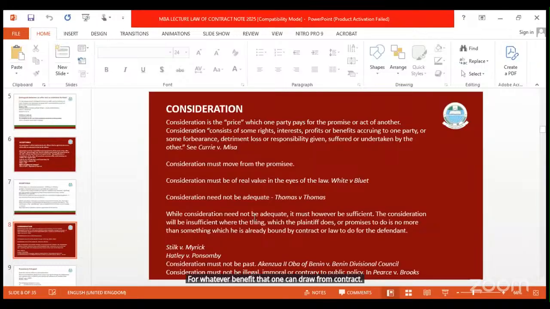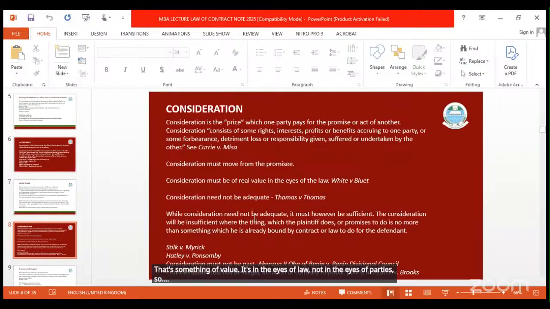There was also a particular case whereby there was a contract for reward of someone that could identify the killers of a particular prominent person. So one woman knew the killers and reported, not to get the money, but because she wanted to go to heaven. So the question was whether the price of that revelation, by revealing those criminals, was consideration for getting the reward money that they had announced. So anyway, we're saying that look, that's something of value in the eyes of law, not in the eyes of the party.